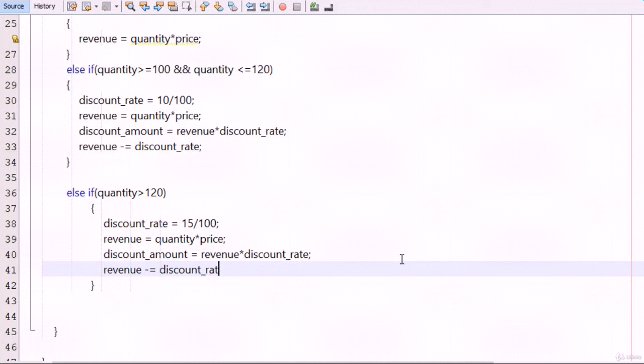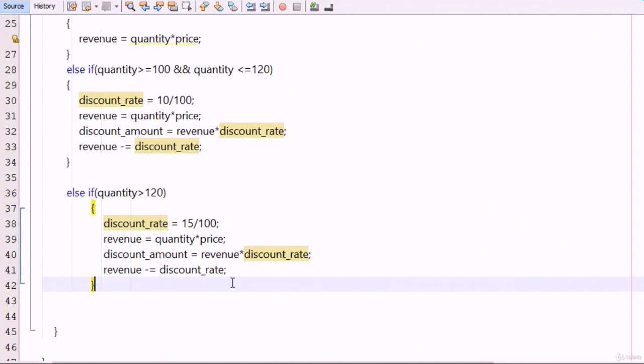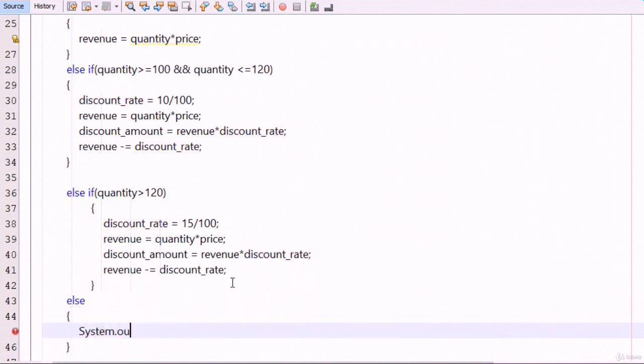Okay, and in the else block I type system.out.println, please enter the correct quantity. Okay,